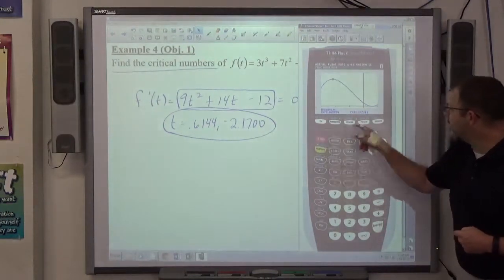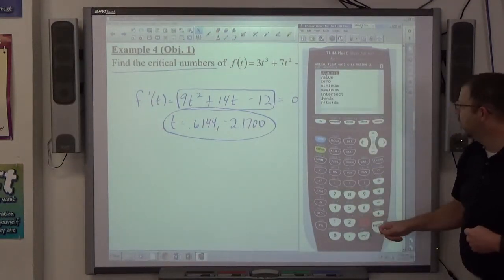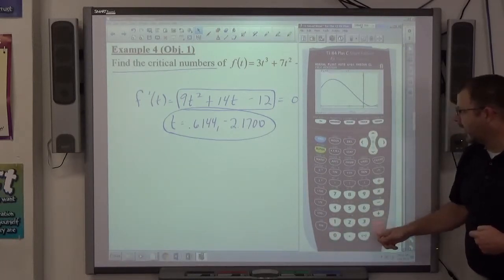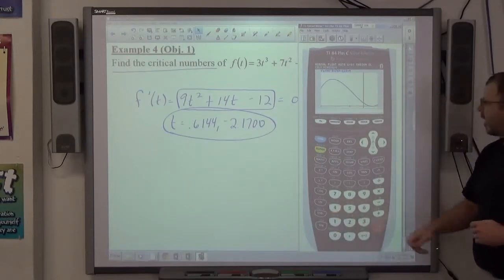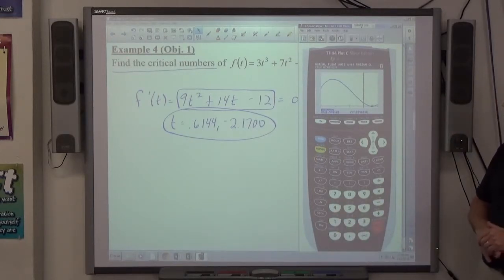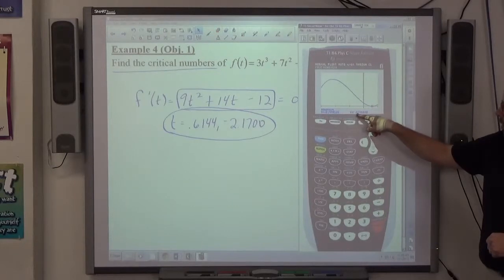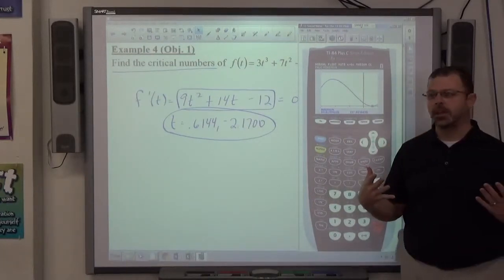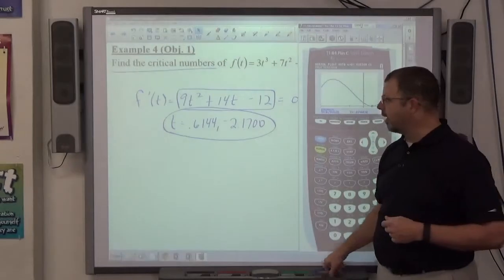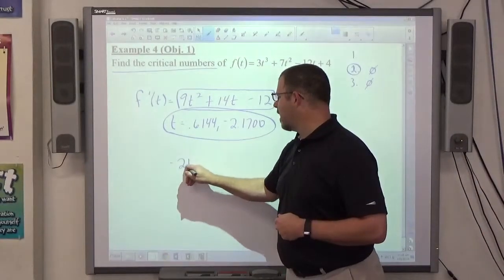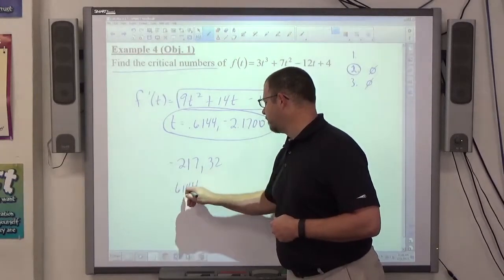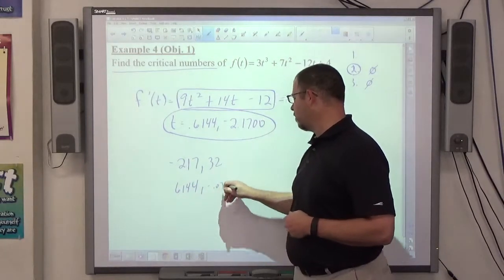If I go back here and calculate the minimum, because that looks like a minimum, let's go 0 left, 1 right, and let's go 0.6144 for a guess. And it's 0.614444, and so on. At -0.034638. That x value results in a minimum value. So again, if I'm going about graphing this thing, and I know -2.17, comma 32, whatever it was, and 0.6144, comma -0.038, whatever it was,